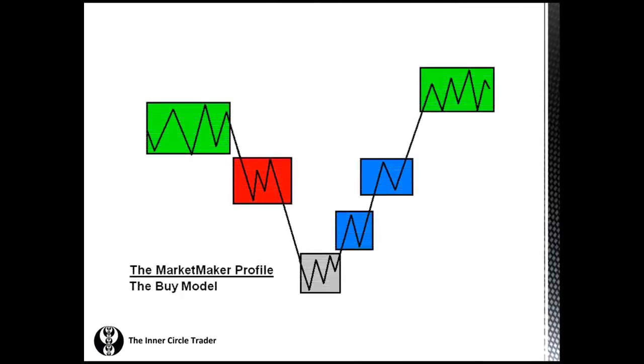All right, we've talked about the market maker profile. This is the ICT Market Maker Profile buy model. Looking at this, we've discussed how there's an accumulation phase, and then price starts to break out, comes back up many times and retests. It doesn't have to do that, but it can give you another additional optimal trade entry short in here,